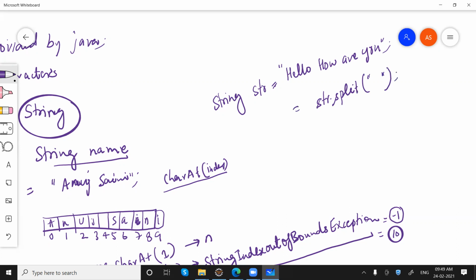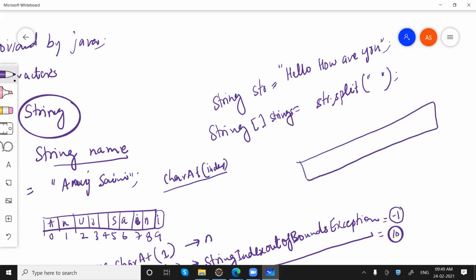So it is giving me an array of strings. I'm calling this strings. Okay, now how will this data be stored in that particular array? So it will be stored like this: hello, and the character from which we want to break will not be there, how, are, you.